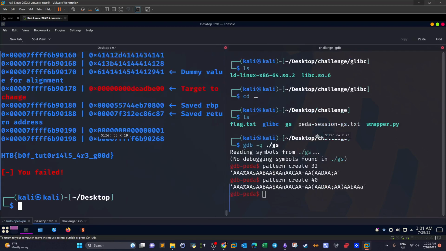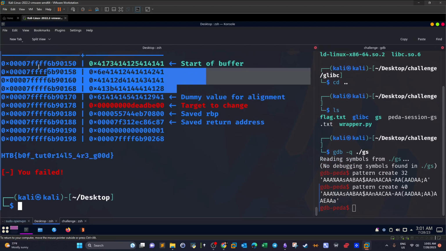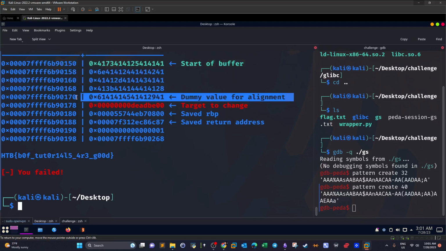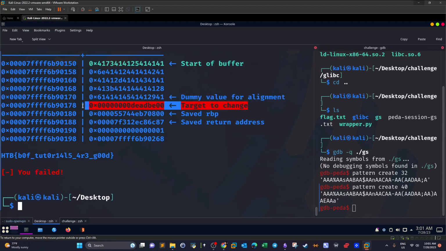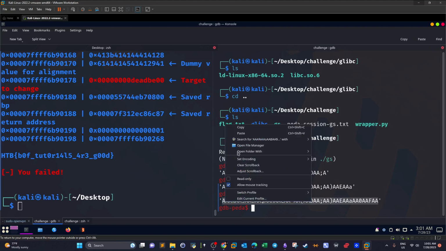Now, "you failed," but there is a flag here. It's the correct flag. So as you can see, we have successfully filled the buffer and the alignment, but we did not fill the target yet. So we need another 8 bytes. So we go back here and we generate 8 bytes. So we take the 8 bytes,